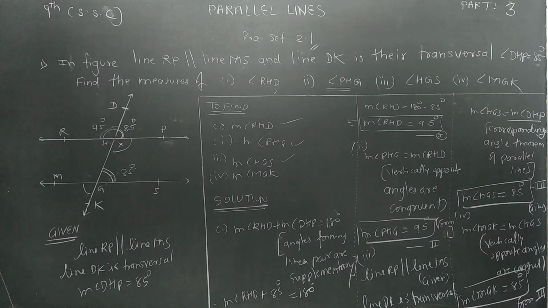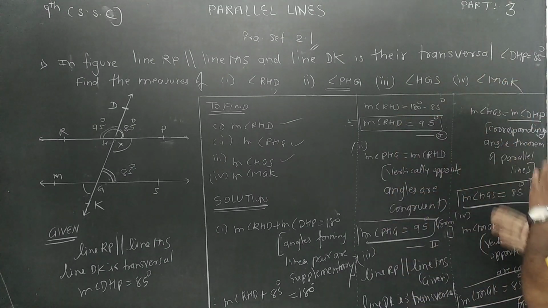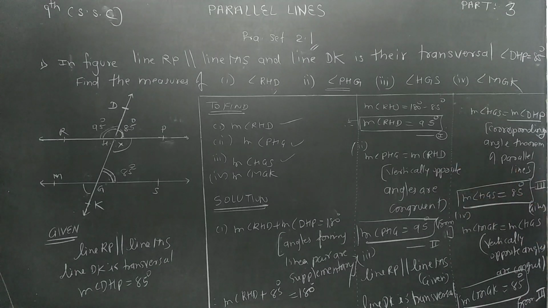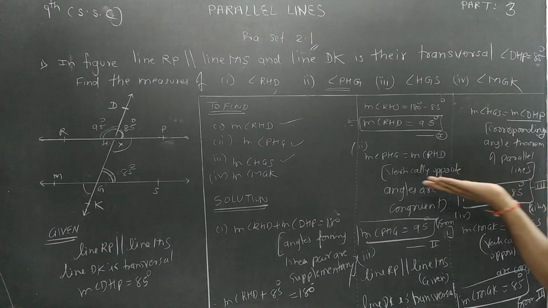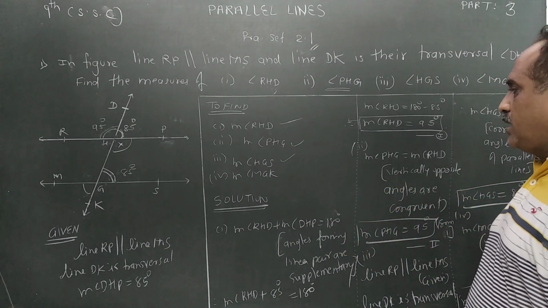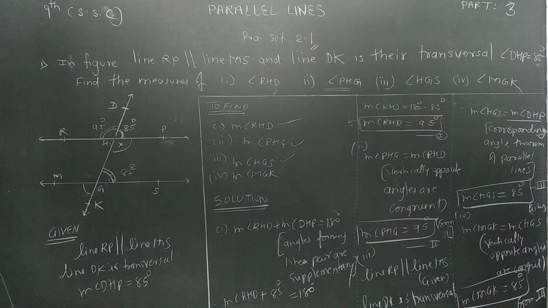Your representation should be proper, and once again I'll tell you, in maths we cannot go in a hurry. First thing you should know, if you give a proper answer, this is a subject in which we can give you 100% marks. Every year we produce at least 50 students who score full marks, at least 98, 99. It is easy to score marks. From now you have to develop the habit of aiming for full marks. You have to write it this way only. Don't hurry. Geometry is fantastic, and you will get good marks.